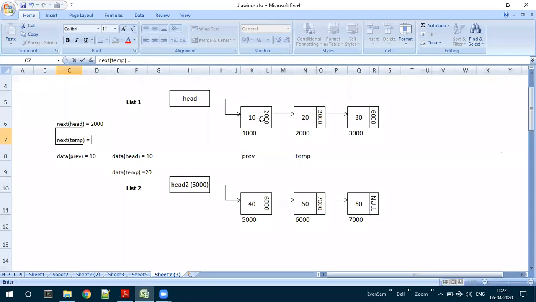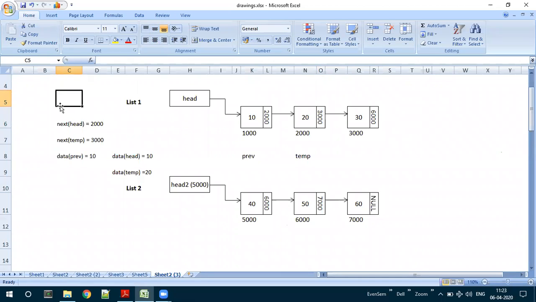Can anyone tell? 3000. Temp is pointing to 2000. Next of temp is the link field, 3000. So next of temp is going to be 3000.